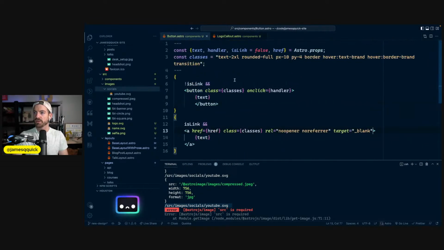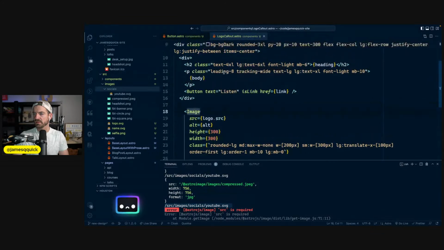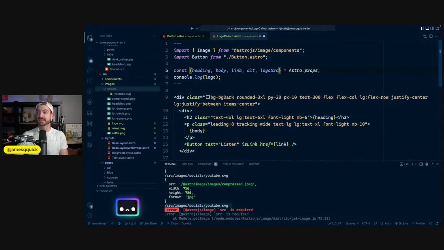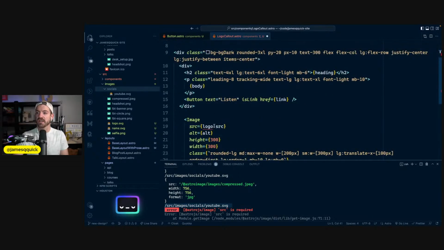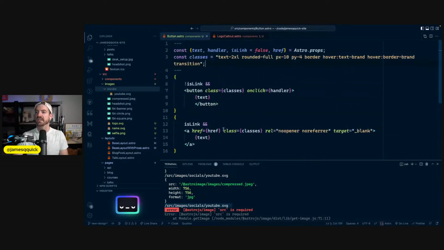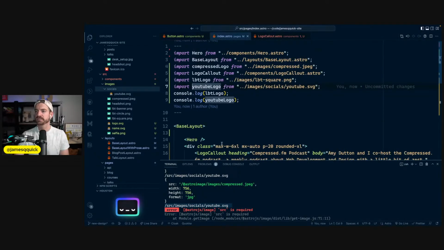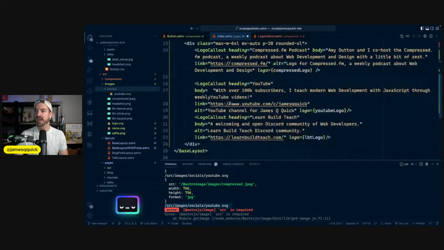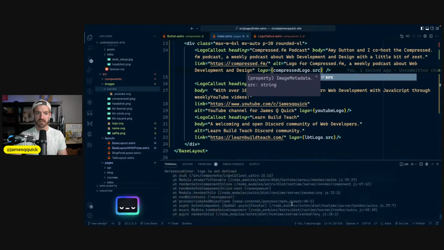But I think the one thing I will do is just upload this thing and the logo call out to have the logo source. So pass in the source directly, and then we'll just pass in that there. Yes. And then inside of our index page, we can decide how we're going to turn that path in. So in this case, for YouTube, it'll just be YouTube logo. For LBT logo, it'll be LBT logo dot source, and then this one will be dot source. And that should